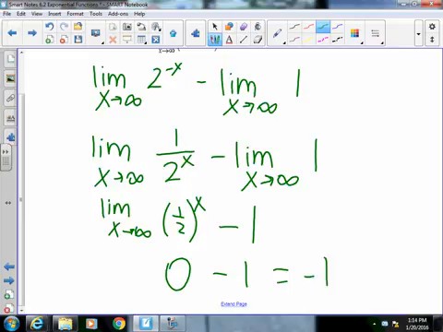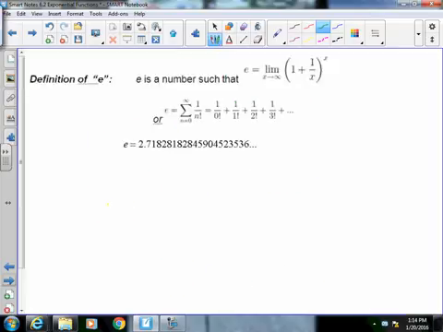Now we're also going to introduce a number to you that you've seen before, but you may not remember what it equals, and it is the number e. E is technically equal to the limit as x approaches infinity of 1 plus 1 over x all to the x power, or it is the summation from 0 to infinity of 1 over n factorial. E is approximately equal to